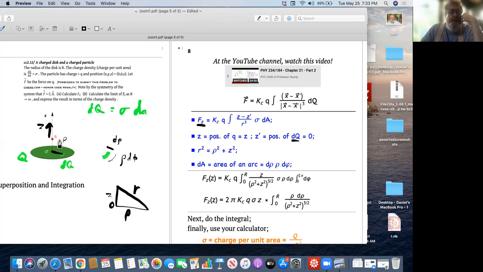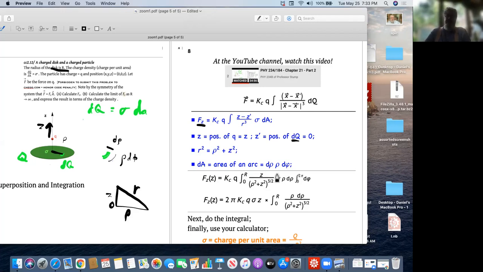Now phi is the azimuthal angle. Phi is the angle around the z-axis. Since this is a complete disk, phi goes from 0 to 2 pi. Phi has to be in radians. So the integral over phi will be 0 to 2 pi. And as for rho, rho goes from 0 out to the edge here, which is the radius of the disk. I guess it said the radius of the disk is R. So rho goes from 0 to R.